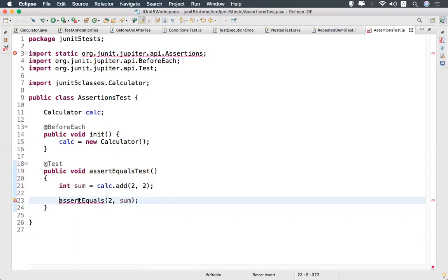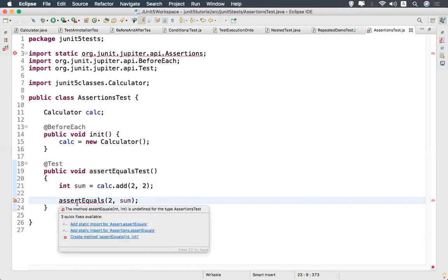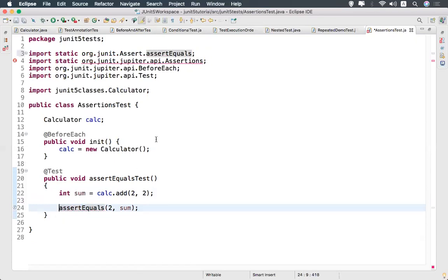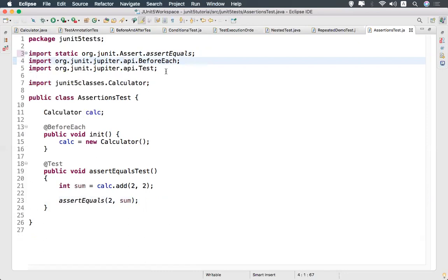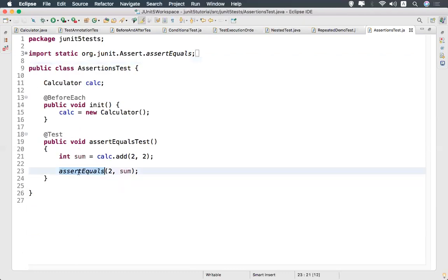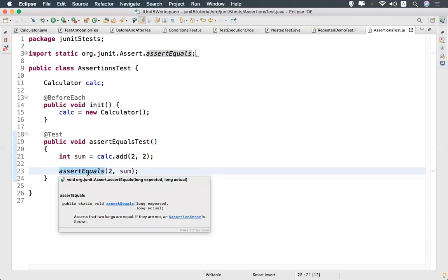Add static import assertEquals. Okay, so this way you need to do it again and again. No problem. If you directly import, you can directly use assertEquals. If you do not want to do this, you can mention Assertions dot.